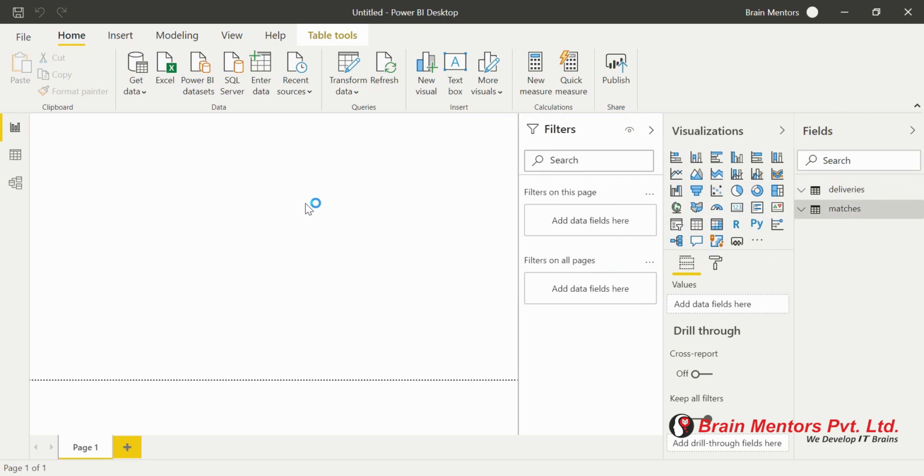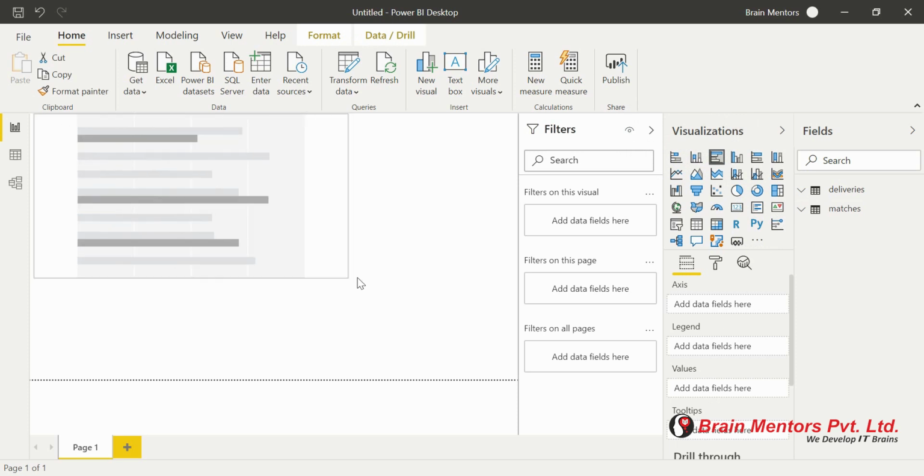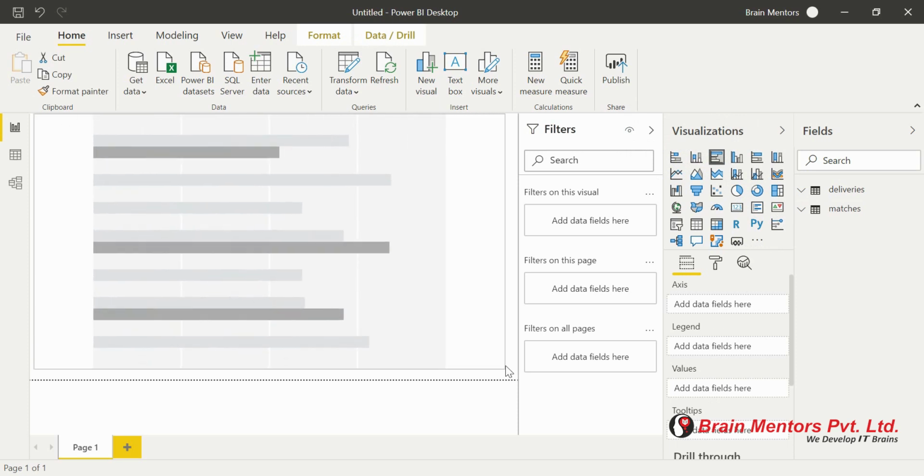First we'll see the matches data, and we'll open this matches table and see what exactly visualization I want to make. There are a lot of charts available: clustered bar chart, column chart, pie chart. If you click on any one of the charts, it will show you that particular chart in this visualization window, a dummy, blank chart like this. You have to pass the values, the x-axis and the legend into this particular graph. So these are the axis, legend and value. You just have to drag and drop the name of your column from the data set to these parameters.